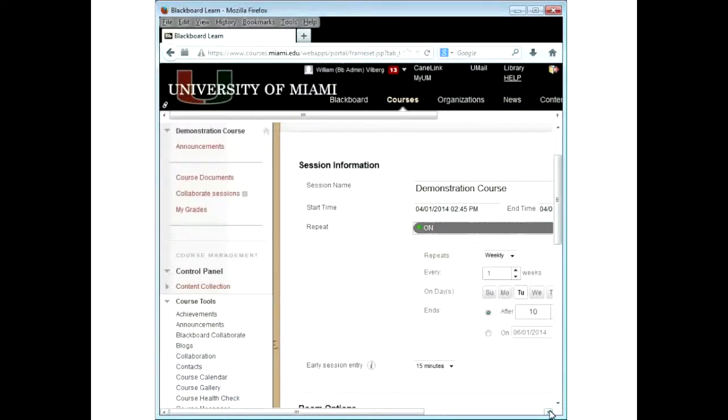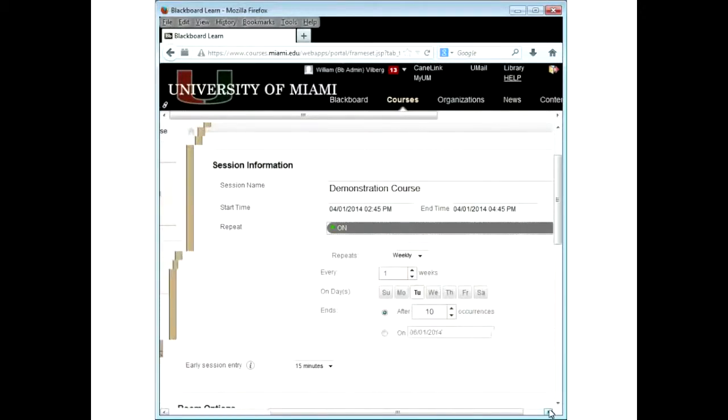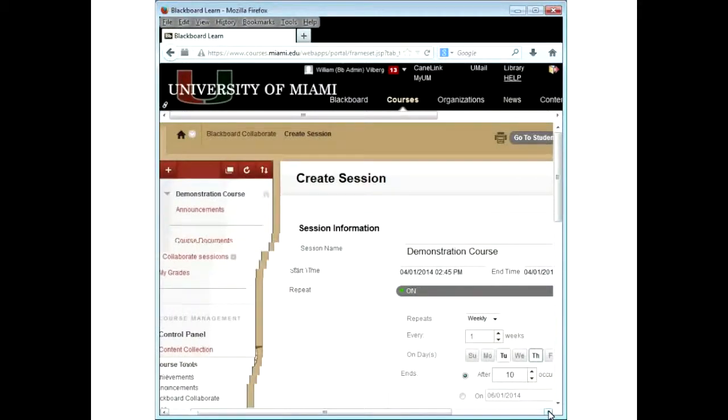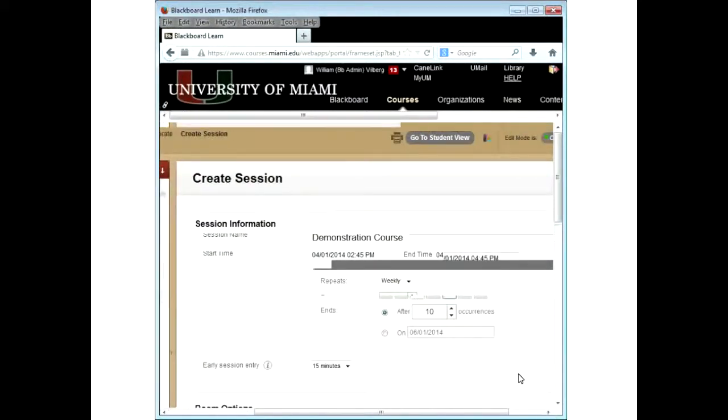If you're going to have office hours using this, you can make a repeating session if you're going to require people to be there. There's no reason to. You can use your regular session if you just want drop-ins and you don't care who is there. It's not required and there's no grade for it. But you could set up the repeat to say, okay, this is Tuesday and Thursday.